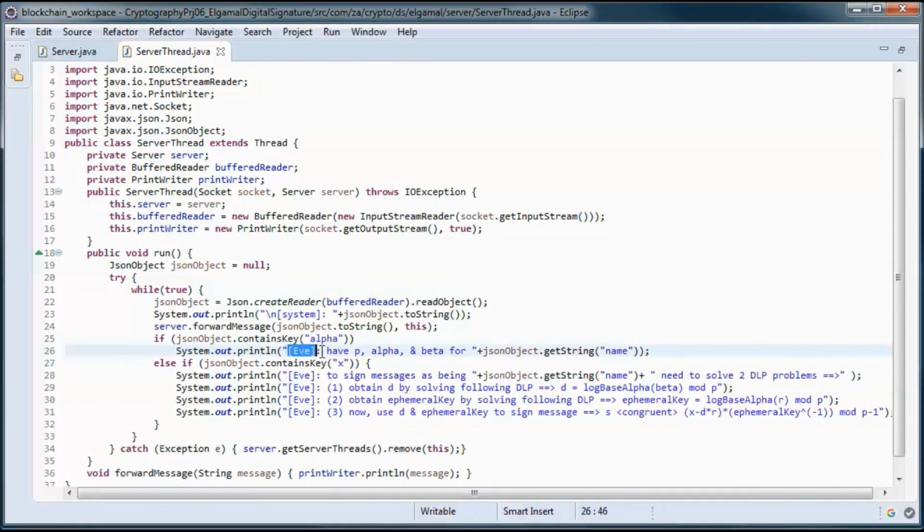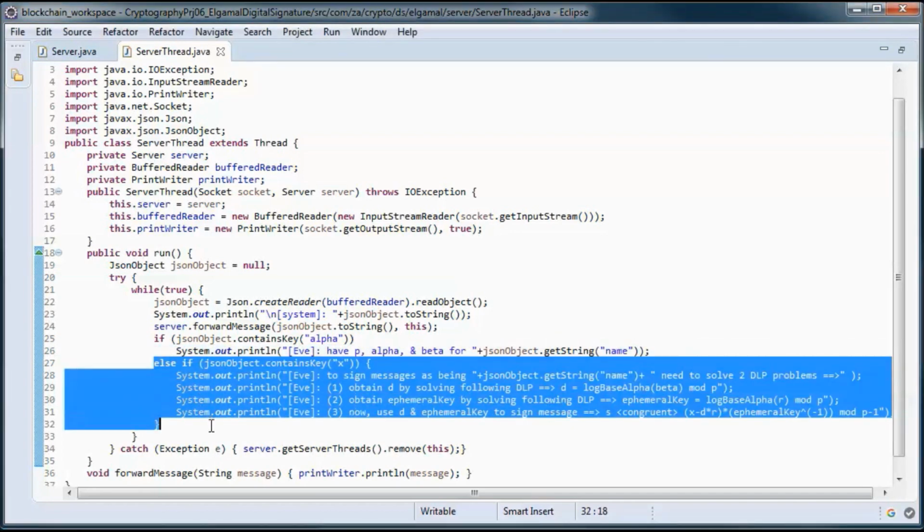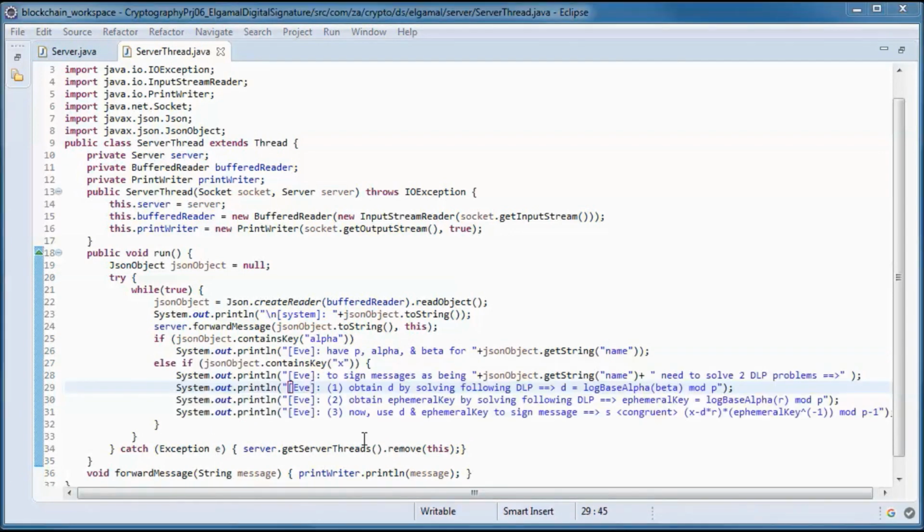And here Eve indicates that she can see P, alpha, and beta for Alice or Bob. And if we have a signed message, then she indicates that in order to change the message and sign it again, she needs to solve two discrete logarithm problems and obtain D and the ephemeral key.